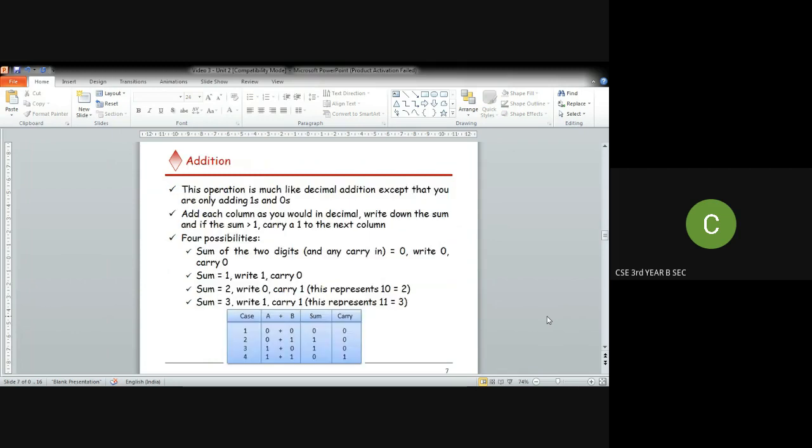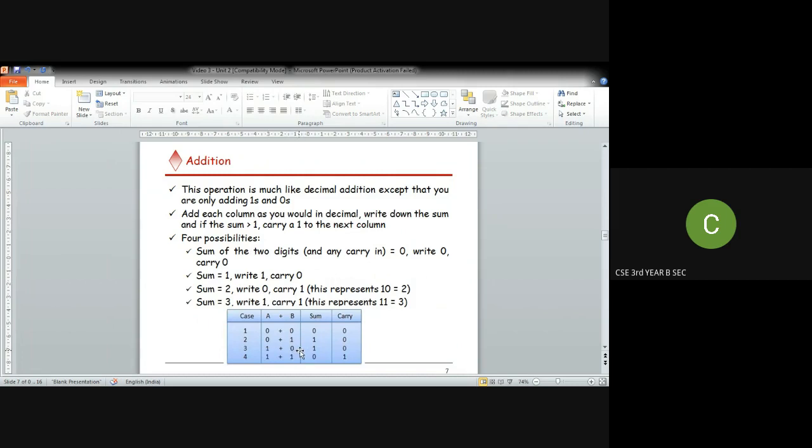Next thing is addition. How is addition performed on binary numbers? Look here. 0 plus 0: we have to add 2-bit binary numbers and we will get the output as sum and carry. Sum is the addition of the two values and carry is the carryover. So 0 plus 0, the sum is 0 and carry is 0. By adding 0 and 1, 0 plus 1, we get sum as 1 and carry as 0, since there is no carry.